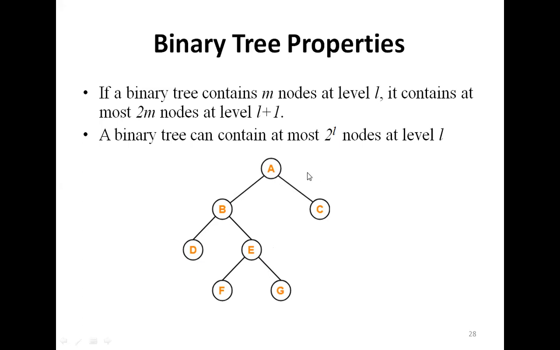So you take this level 0. At level 0, how many nodes are there? This is the root node. This is level 0, right? Level 0, level 1, level 2, and level 3. So total 3 levels are there. Now you take this level 0. In level 0, how many nodes are there? One. One node. Now what is the next level?